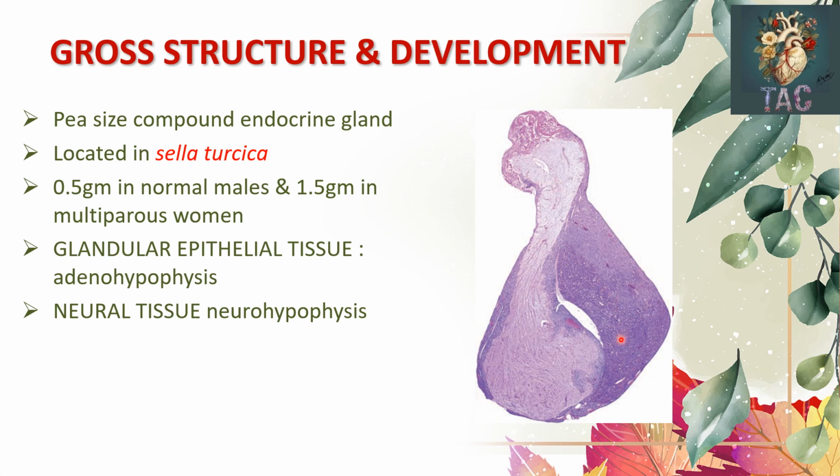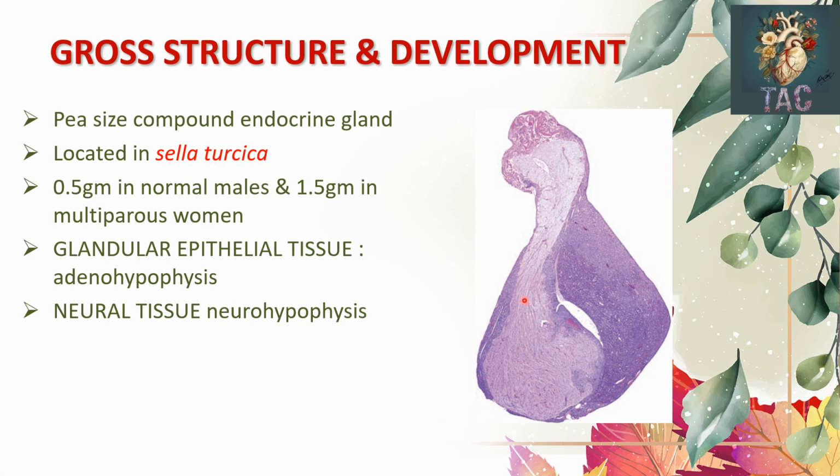This is a pea-sized compound endocrine gland located in the sella turcica, a depression in the sphenoid bone in the brain, and it weighs about 0.5 grams in normal males and 1.5 grams in multiparous women. Developmentally it arises from two different sources: the glandular epithelial tissue, which arises as an outpocketing from